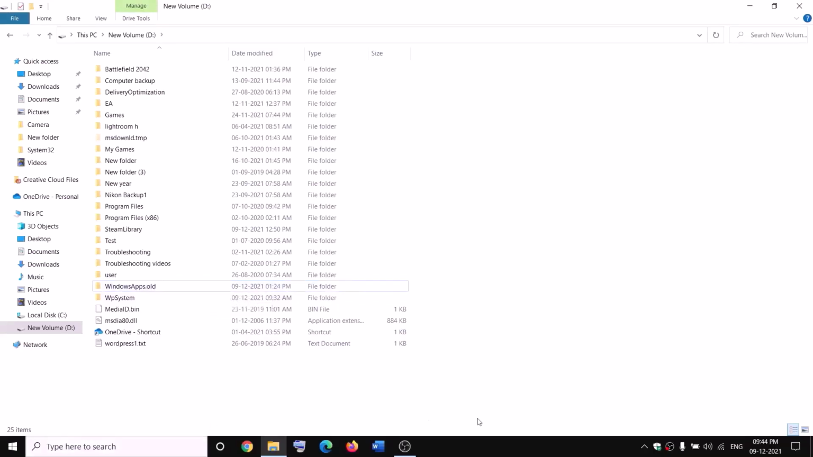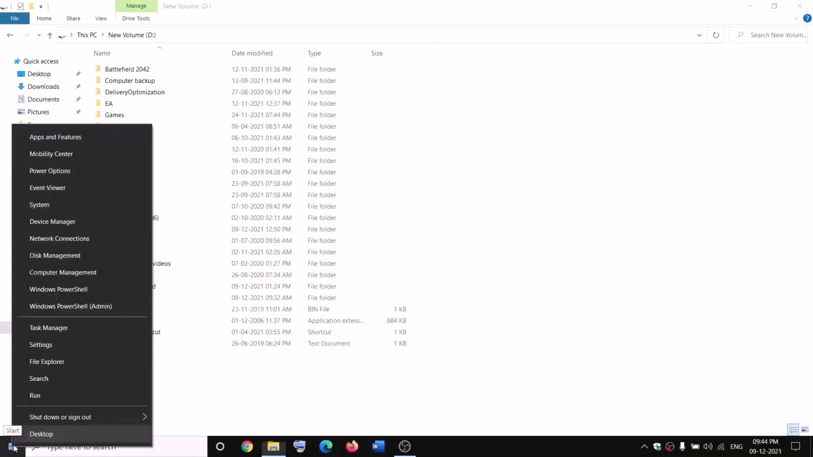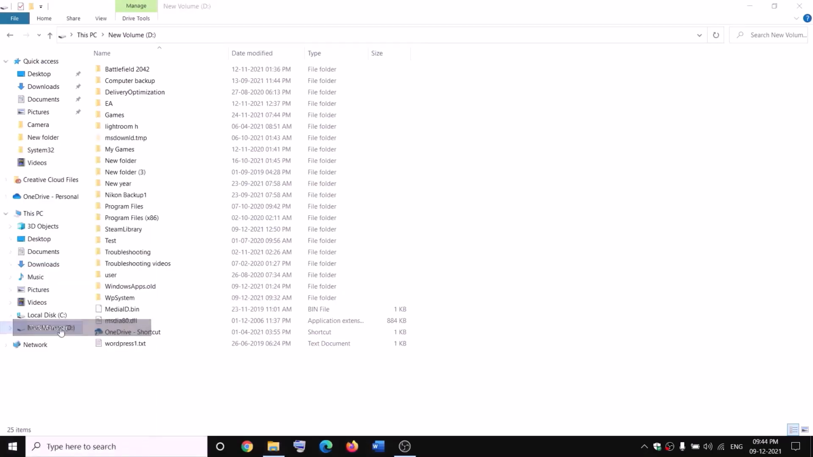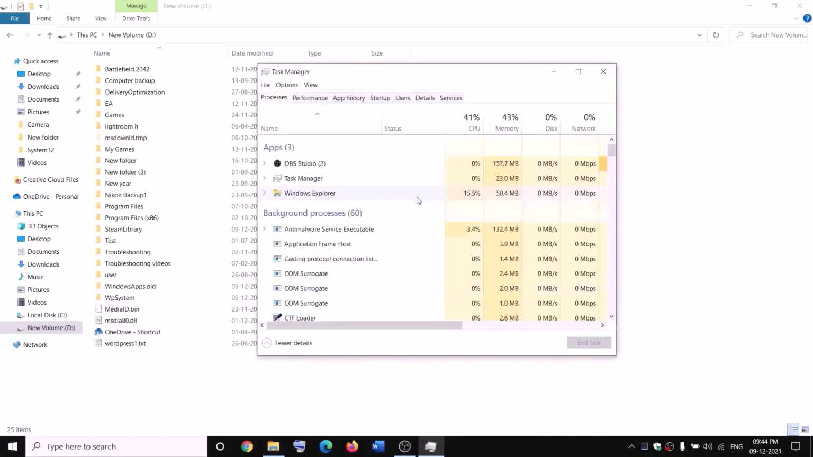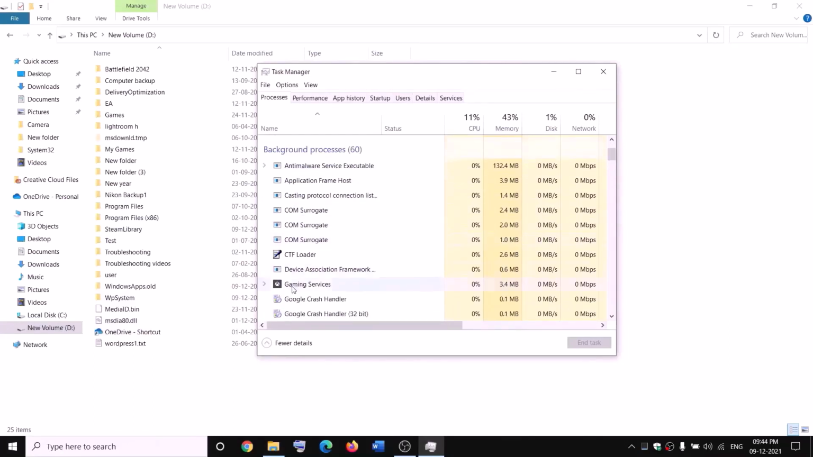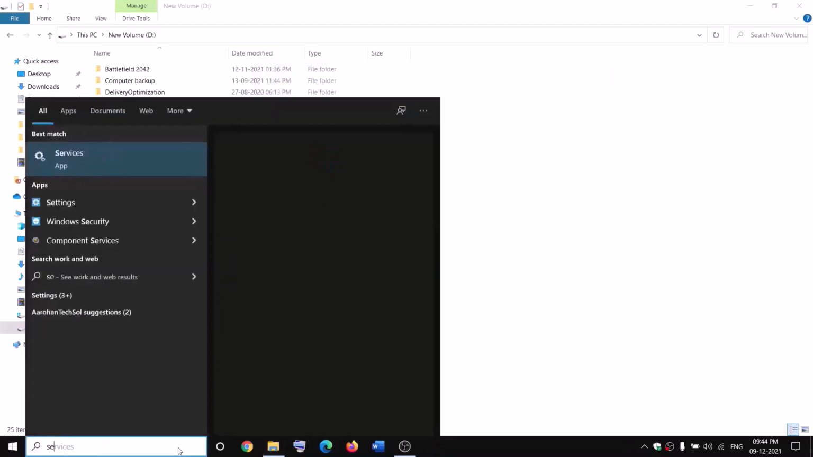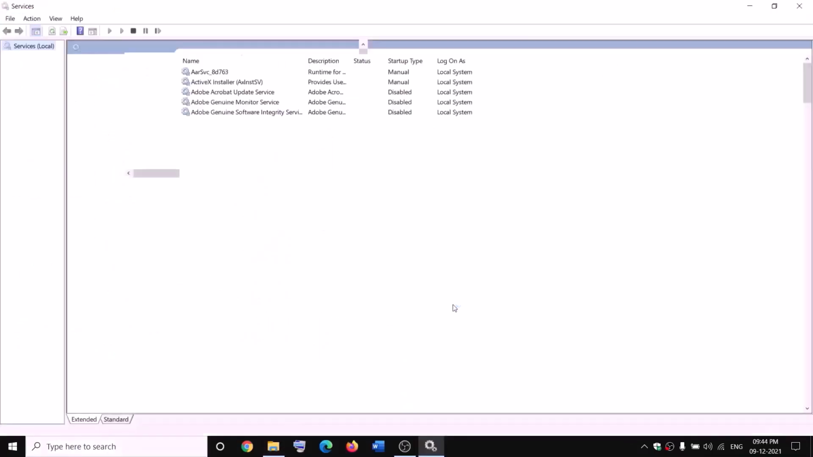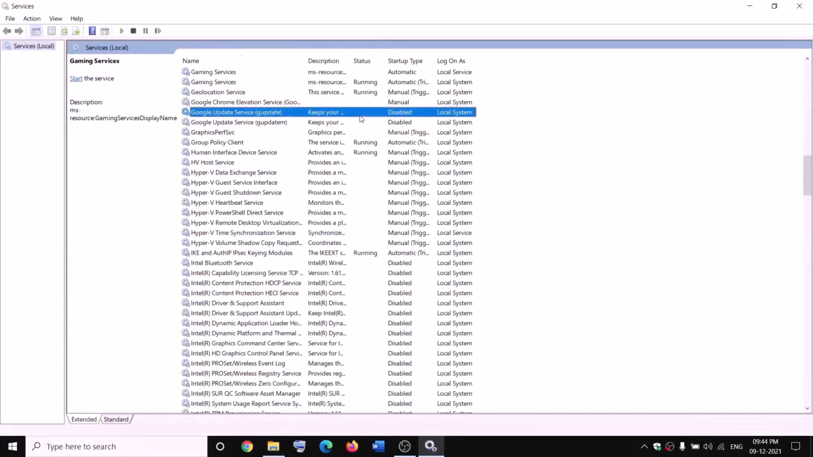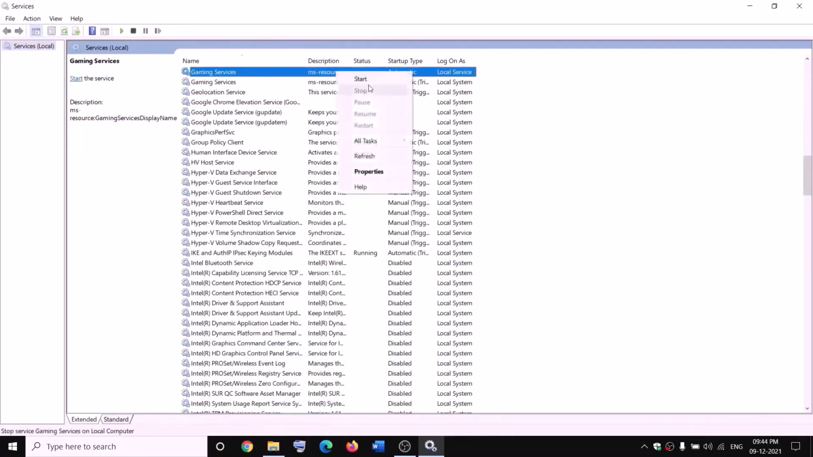open, in that case open Task Manager on your computer. Make a right click on the start menu, click on Task Manager. Now if you find gaming services, make a right click and then click on end task, and also open services over here, and then go to services and find gaming services, make a right click on gaming services, click on